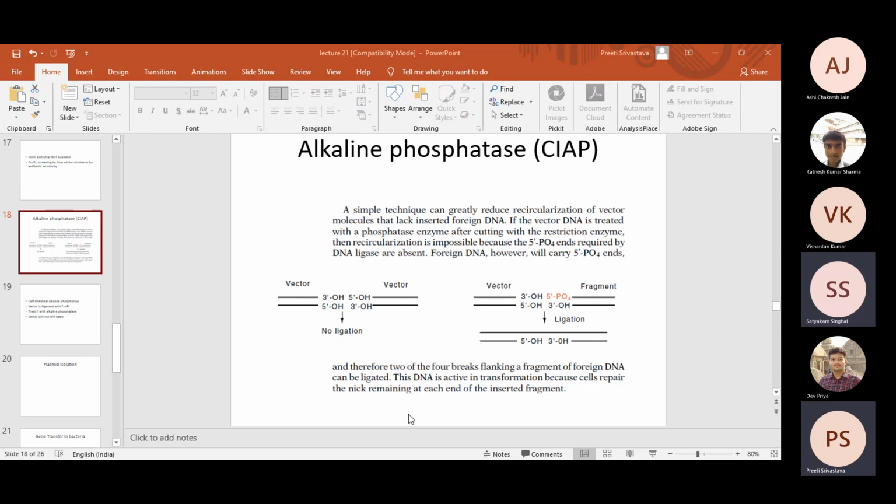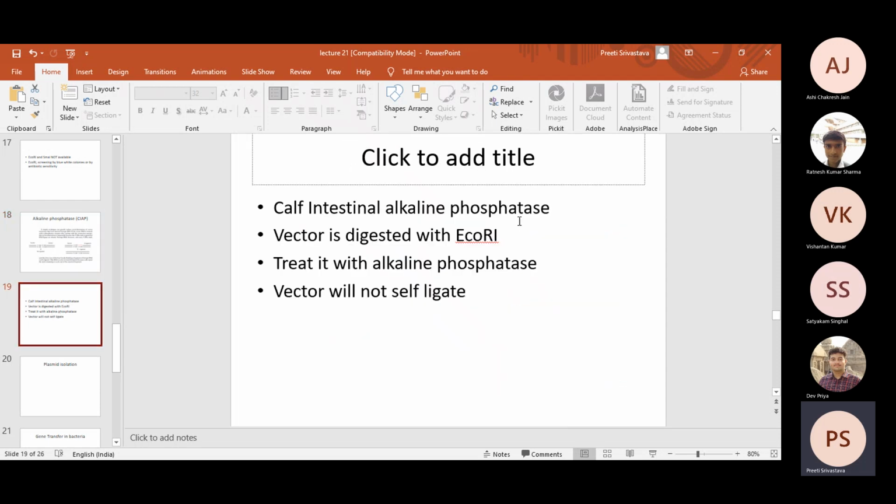Explain the last point again, how did you remove the phosphates? So the way we removed phosphate was with the help of an enzyme called phosphatase, and there are two enzymes in fact which are commercially available. One is from calf intestine, so that is why it is called calf intestinal alkaline phosphatase, and the other is obtained from a bacteria which was isolated from Antarctica. So therefore this is called Antarctic phosphatase, but the one which is commonly used is from the calf intestine.